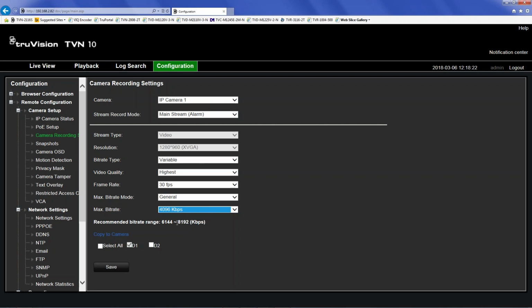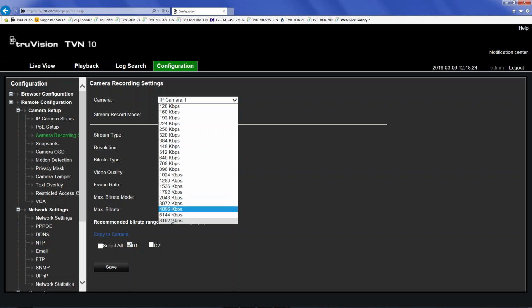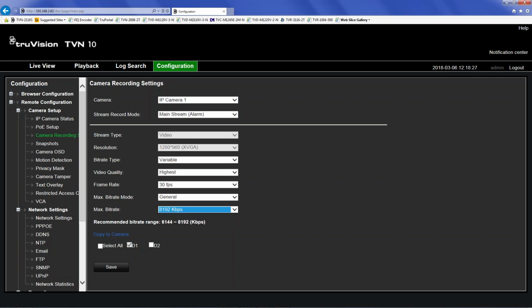In this case, I have 2 cameras set up, so I could change my maximum bit rate to 8192 as long as I only have my 2 cameras. Now, if I try to add a 3rd and 4th camera, it will not let me do the maximum bit rate. And bit rate is